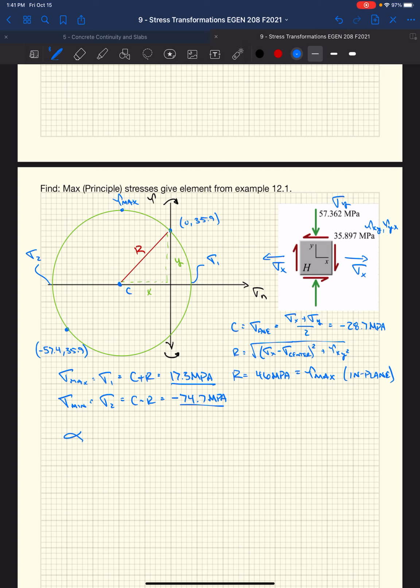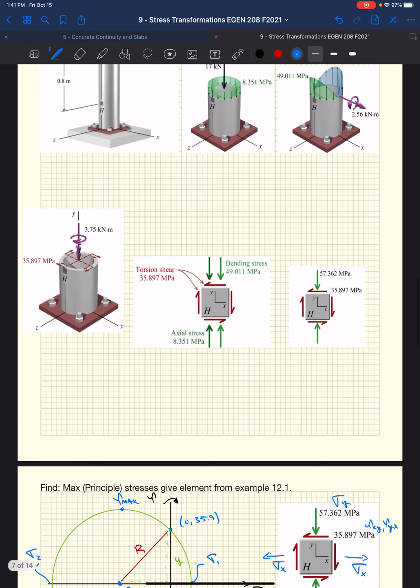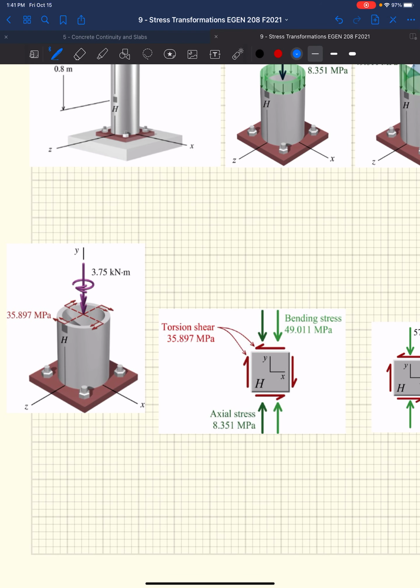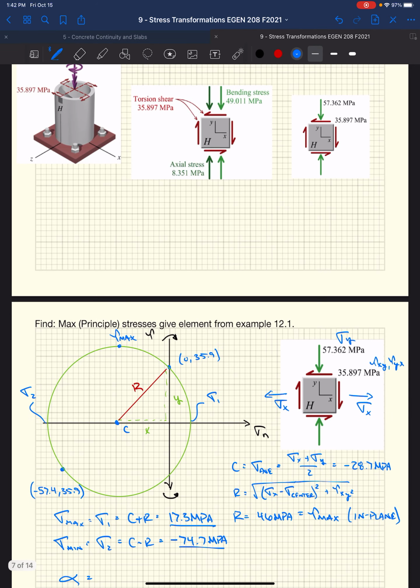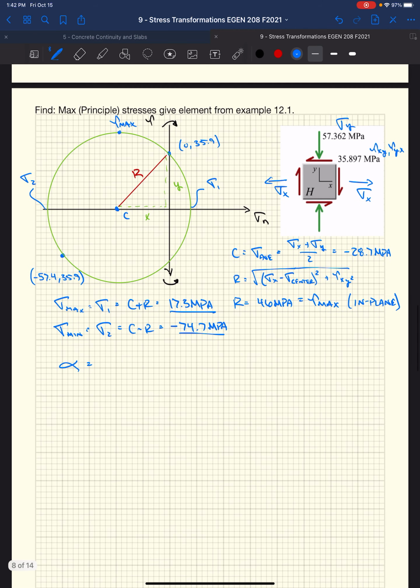If we wanted to know what is the orientation of those stresses in the flagpole, right? We figured out what the stresses were on the normal plane, if we were to cut the flagpole normal to our applied axial load. We know what those stresses are. We also know what stresses are on the plane perpendicular to that. But if we wanted to figure out the plane, or the orientation of our maximum normal principal stresses,